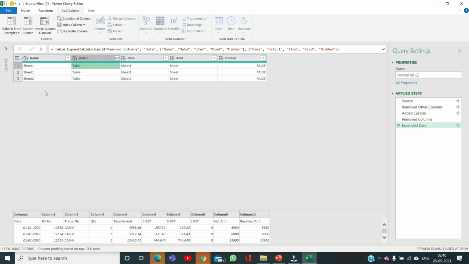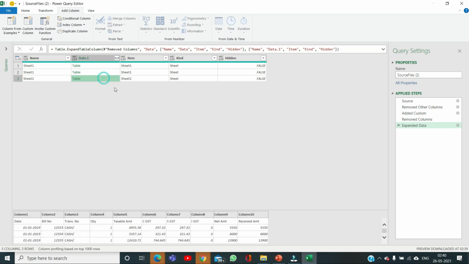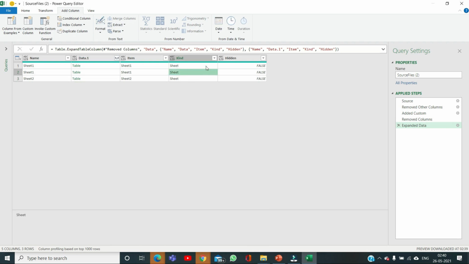As you can see, these are the sheet names. If you want to import a specific sheet name, you can filter it out here. Just like we changed that sheet name to Sheet2, it is now coming as Sheet2, but the data content is under this field. Here is another column showing what kind of data type it has. In my Excel files only Excel sheets are there, so it is showing Sheet.